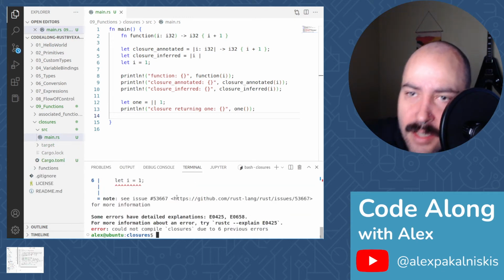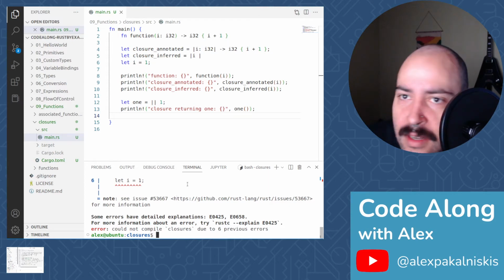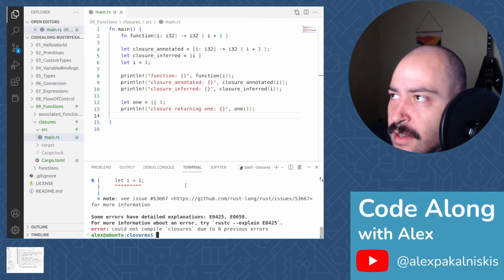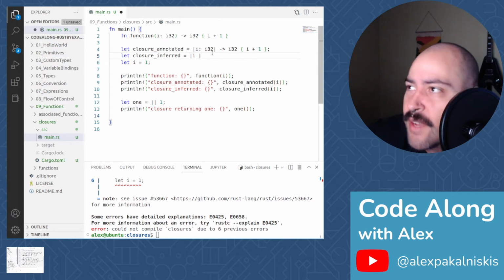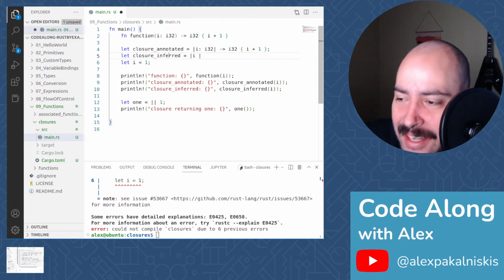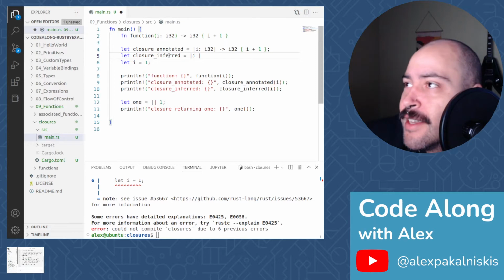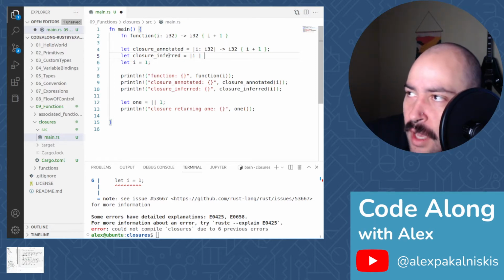Oh, we got 1 error. That's fine. Oh yeah, because I totally forgot to add stuff here. Okay. So for the closure inferred, I totally skipped my line of sight. It was just like, oh, that's not actually relevant, but it is. So we're not going to actually pass the, what's it called? The type annotation,